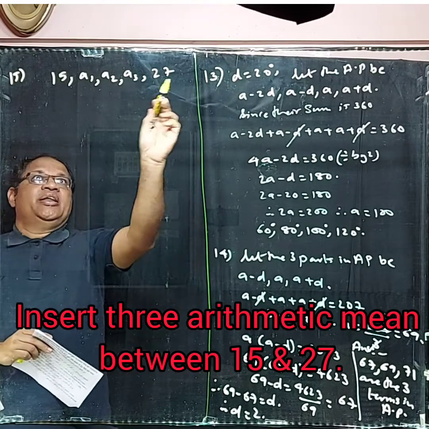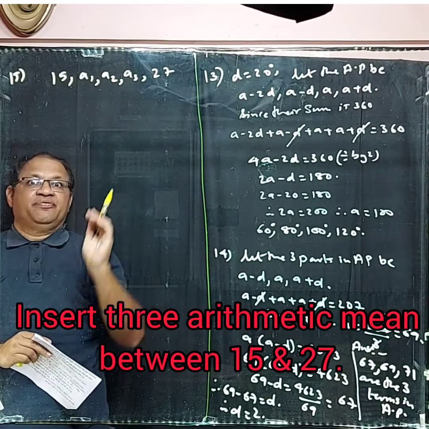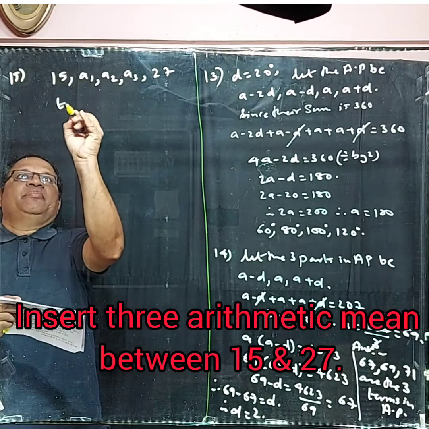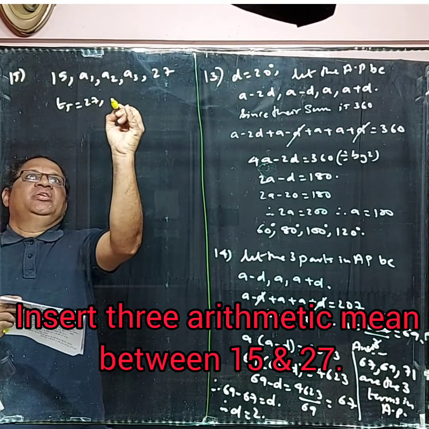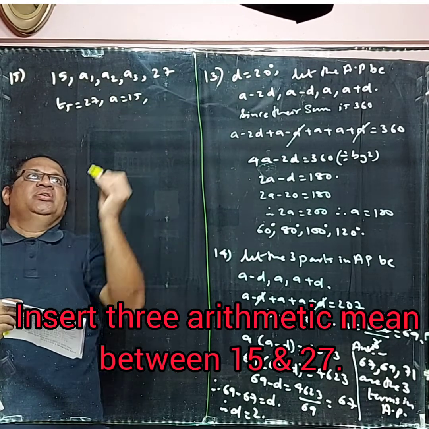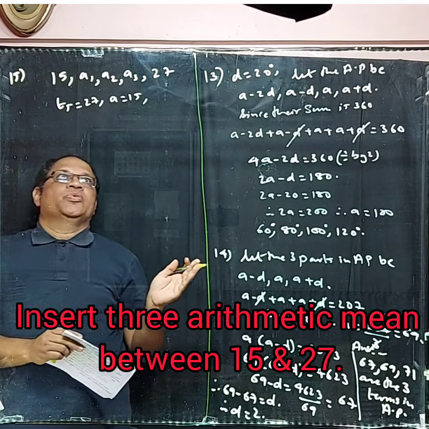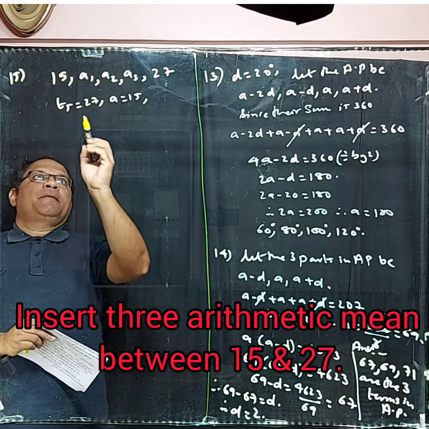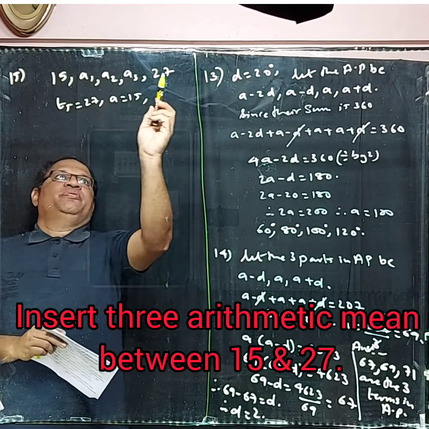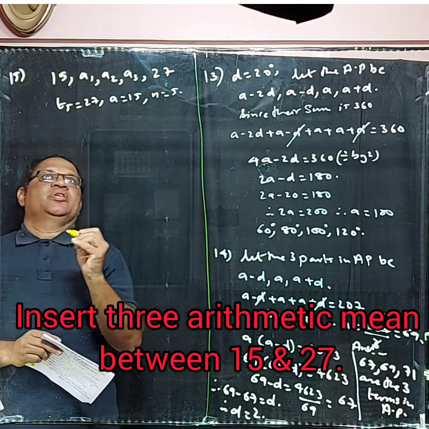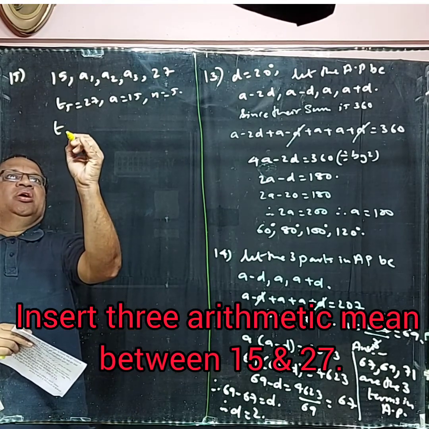So total how many are there? 1, 2, 3, 4, 5. 5 terms. So that means T5 is 27, A is 15, D we do not know. N we know. 1, 2, 3, 4, 5. N is 5. So use